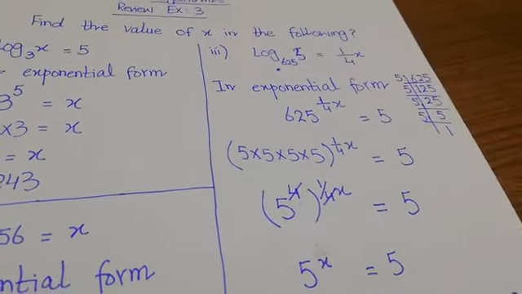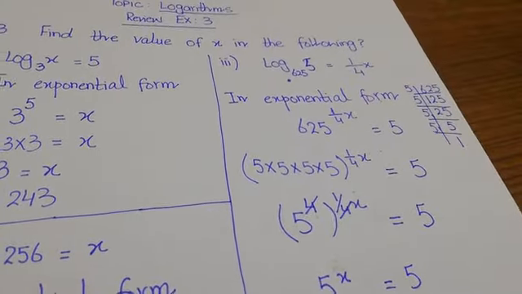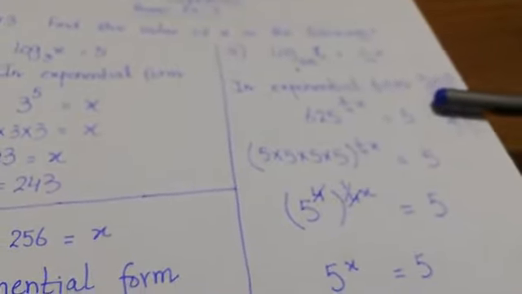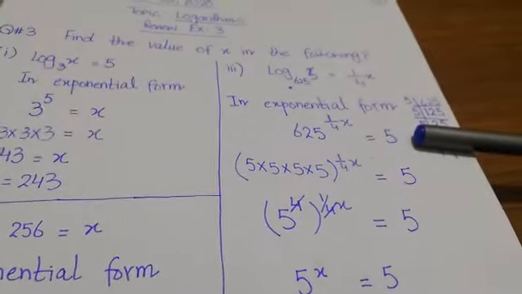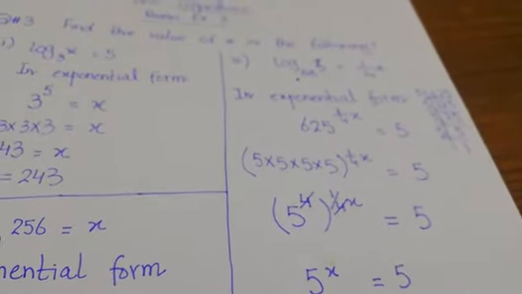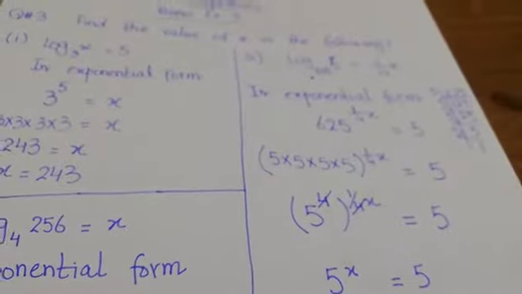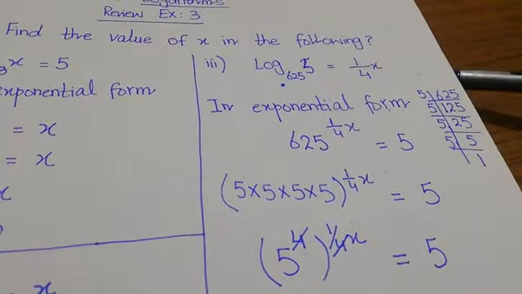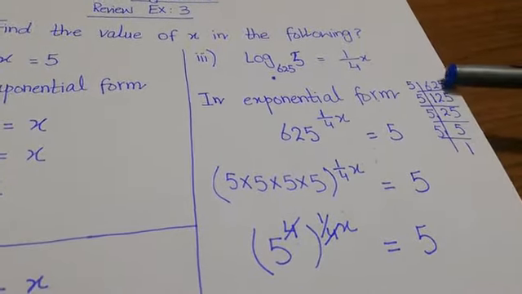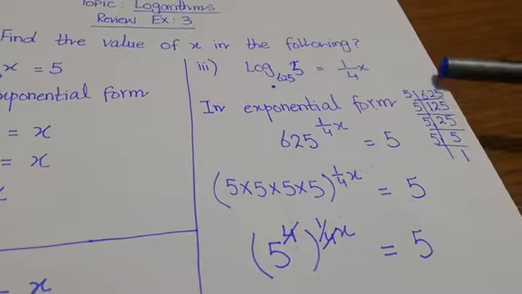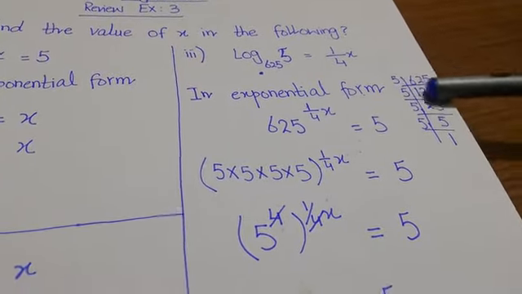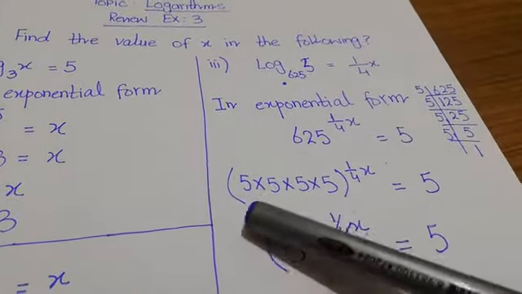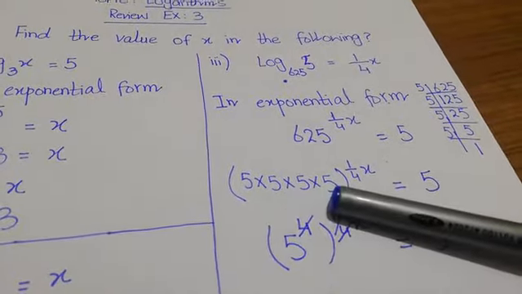And 5 will change its place. Here we have 5. Now the second step is to factorize the numbers which can be factorized. Here 5 cannot be factorized because 5 is a prime number. So we will factorize 625 only. You have to do it in rough working. 625 is an odd number, so start its factorization with 5. You can see the factors of 625 are 5 into 5 into 5 into 5.